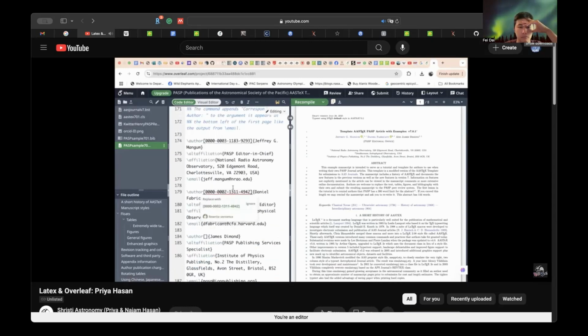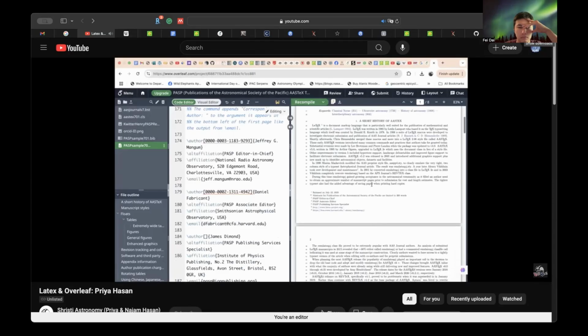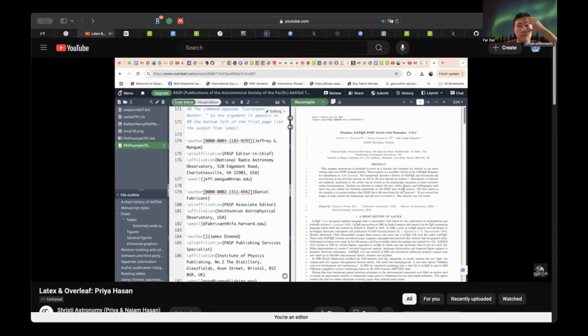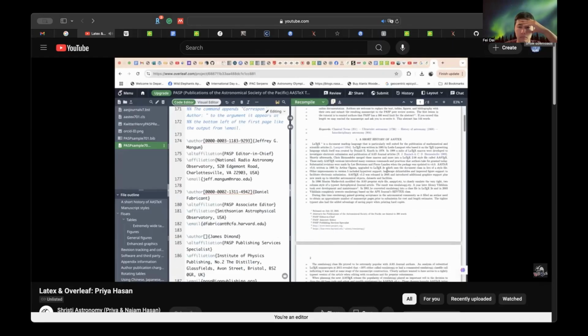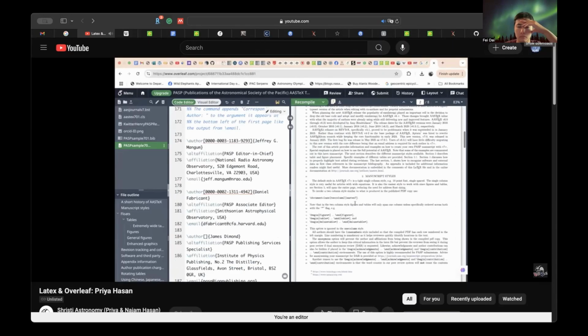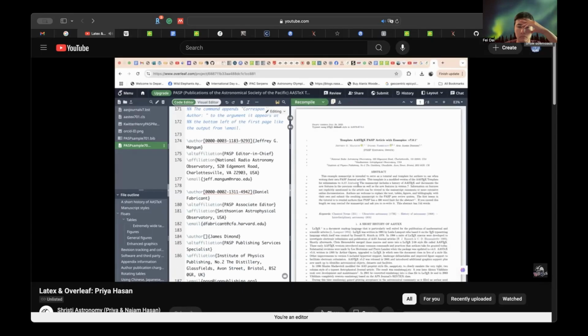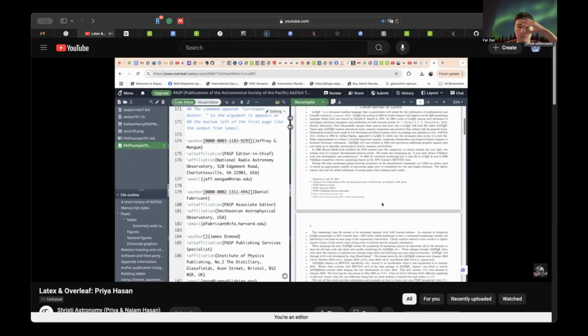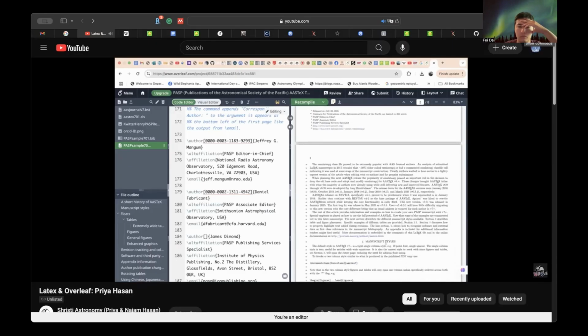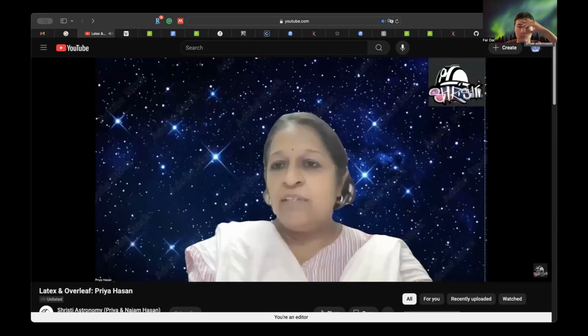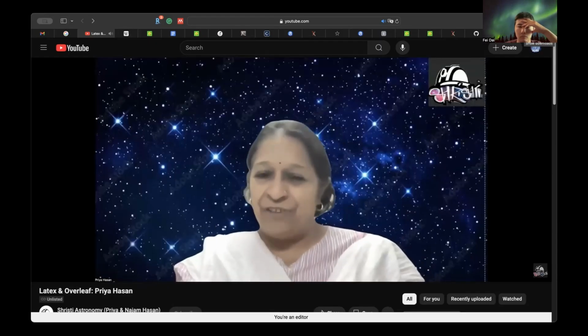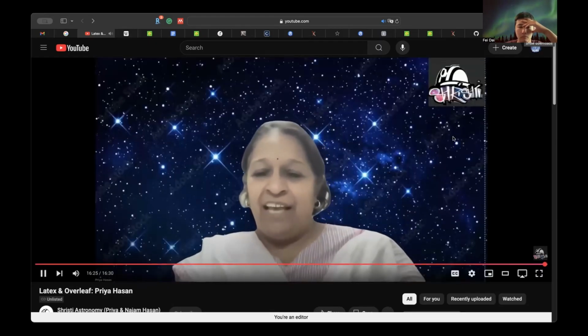So your assignment would be to write at least one page article of a given journal of your choice, right? And preferably, if you can add in some mathematical symbols, equations, that would be even better. If you have equations, at least one, have a table, and have a figure, right, as part of your article. And you can submit, right? So I'll stop with this and encourage you to try out your luck with LaTeX and Overleaf. And I hope it